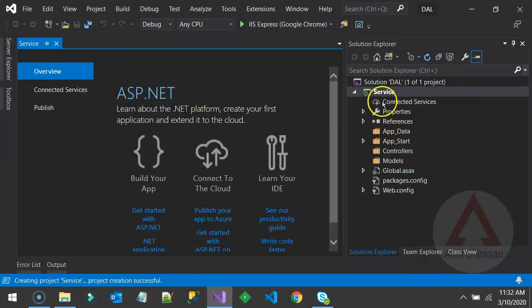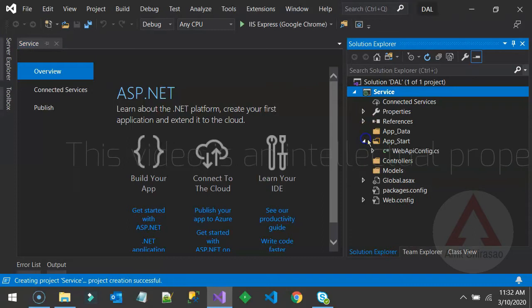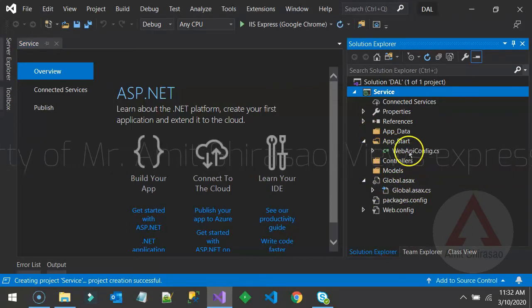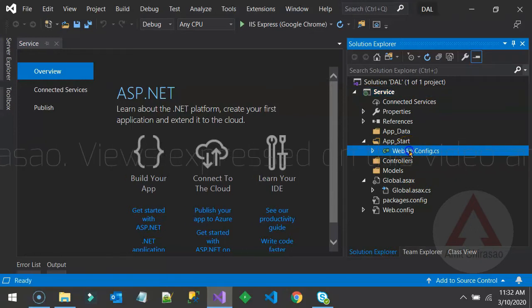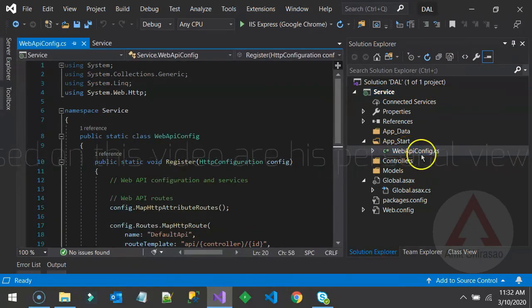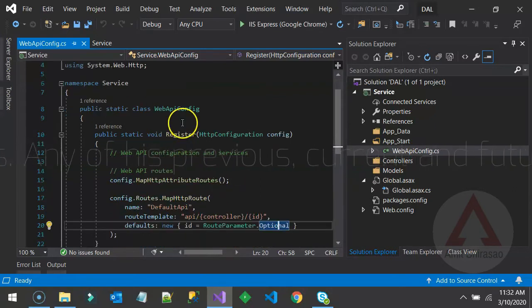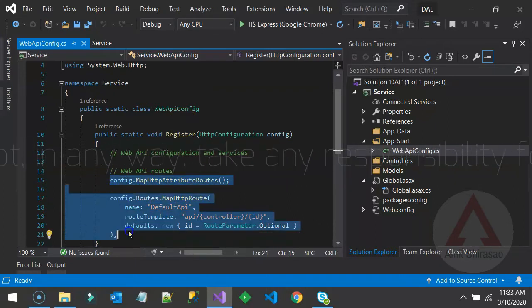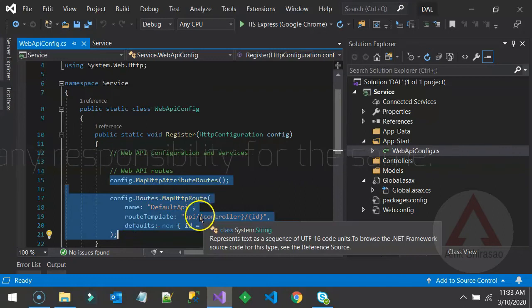Now, the project that got created has only two basic important files, and those are Web API config and global.asax. So let us see what these files do. So let us see what your Web API config file does. Web API config file has various configurations for your Web API. So here, for example, you see a configuration about routing. So what it is saying is when I say